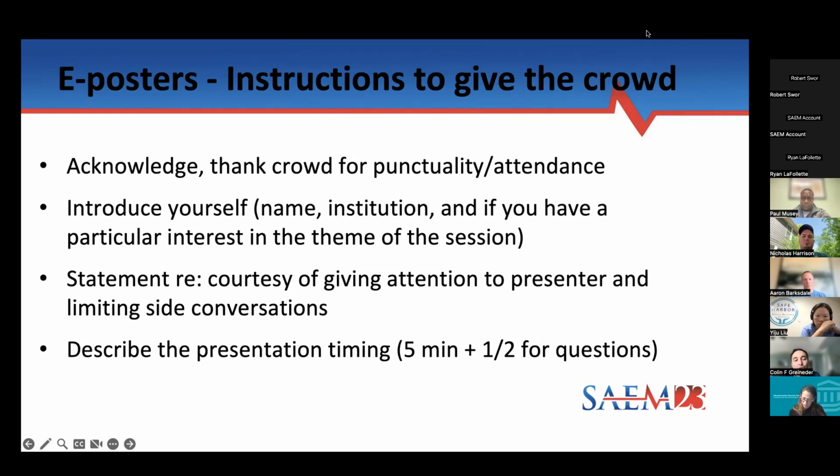And that includes the things I was saying before about making sure that they don't break off and try to have a side conversation. In a room like the ones we're going to have in Austin, that's going to be really distracting, and you really want to take the group and try to keep the group together. The other thing that's very frustrating that I'm sure we've all faced is when everyone leaves after the third poster, or the sixth poster, and you're left with one poster presentation and there's no one there. It's rude. Obviously, there are going to be some people that need to go to a different session, but you want to try to keep that to a minimum.